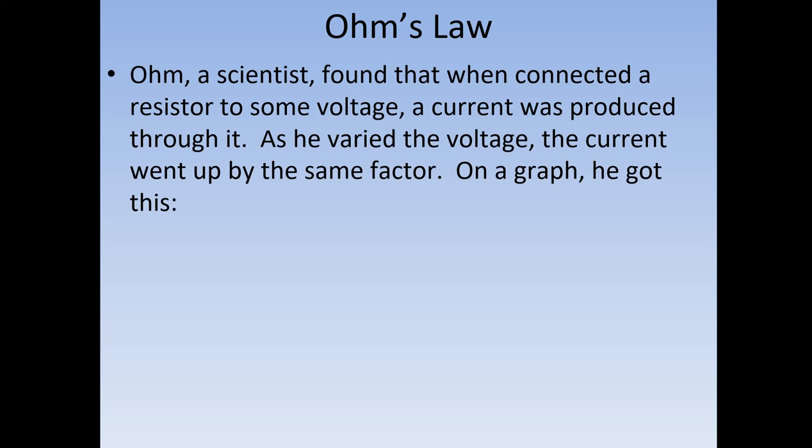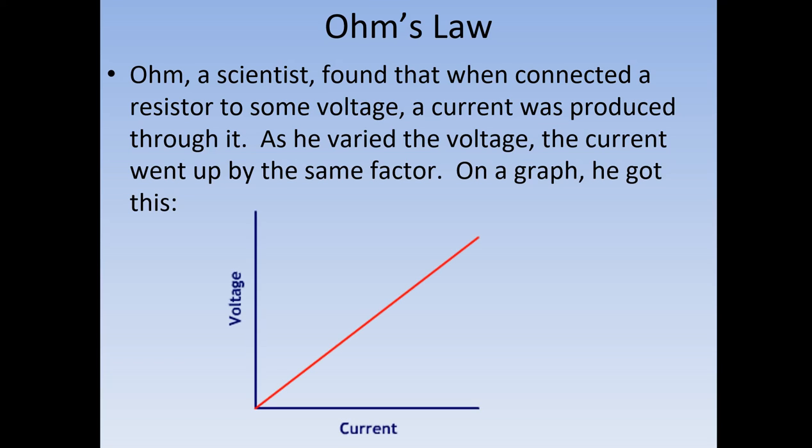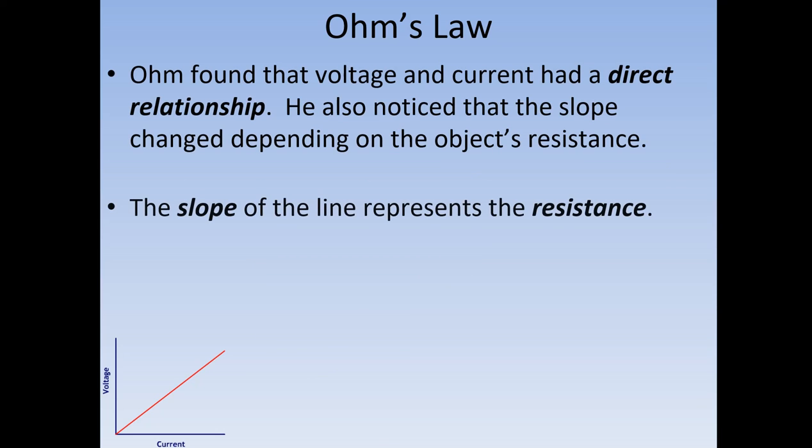So Ohm was a scientist who actually came up with a procedure to vary the voltage through objects and record the current that was through it. And he realized that no matter what the object was, the relationship between voltage and current was the same, and that it was dependent on the object itself. So when he graphed it, he ended up getting this relationship, a very linear, direct relationship. And what he found was that if he took the slope of this line, he would end up getting the